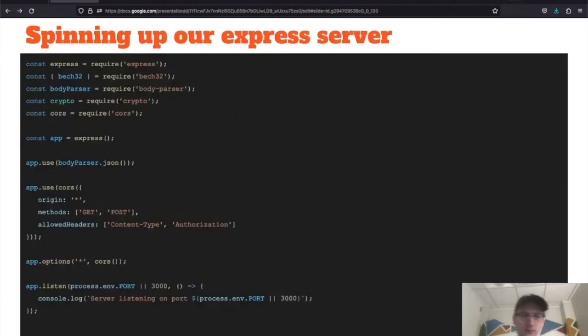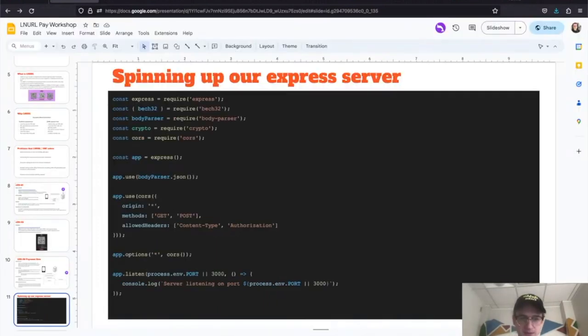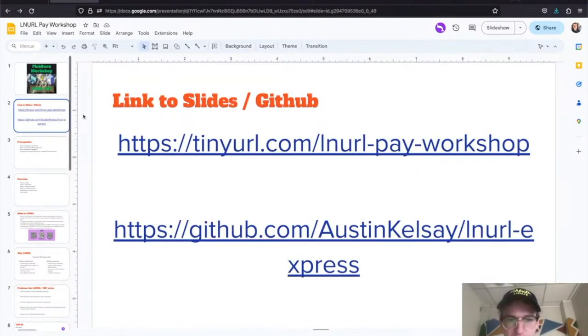Okay, so let's start by spinning up a new Express server. And yeah, I'm gonna do this from scratch right here in front of you. And this is code, once again, the links, if you just joined, the links to these slides are right here,